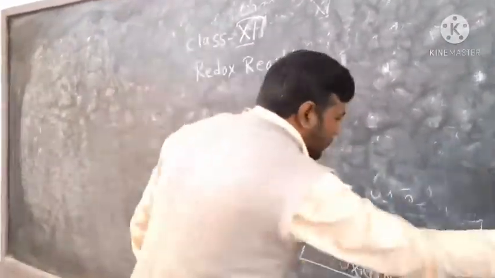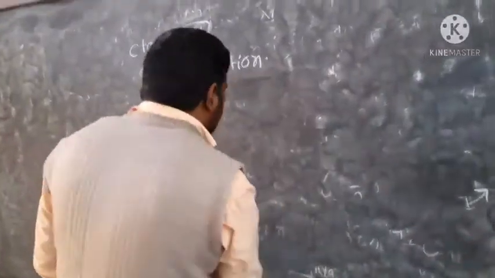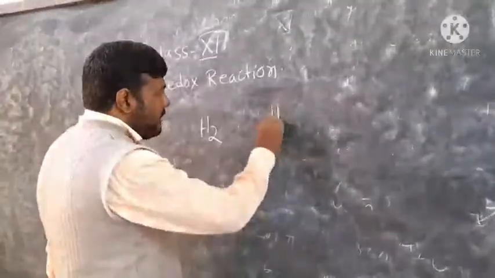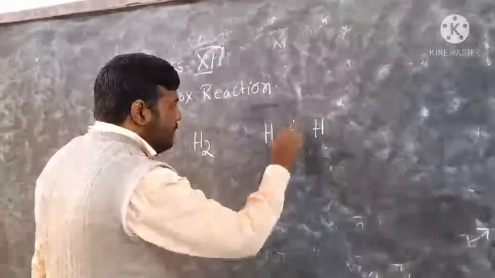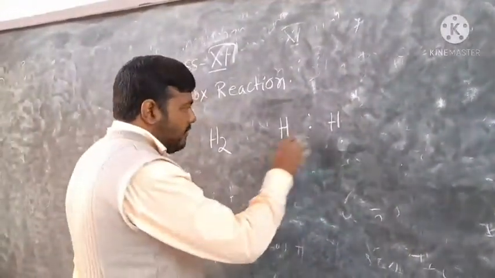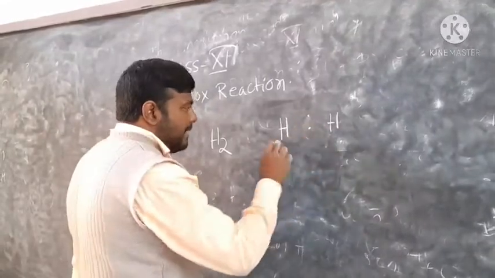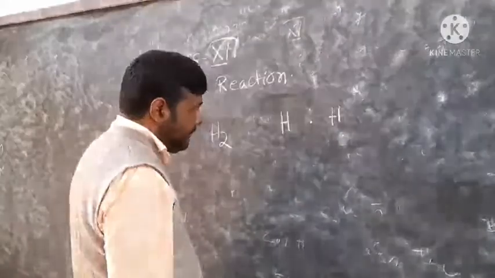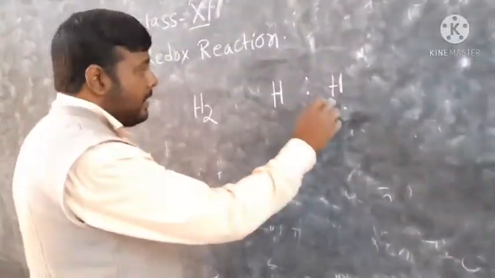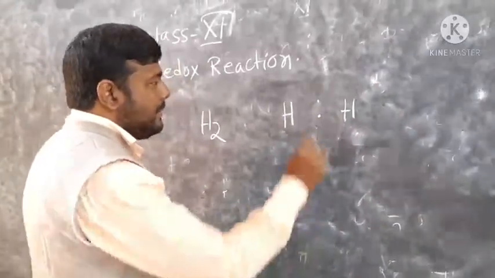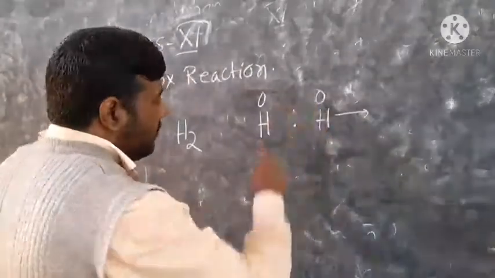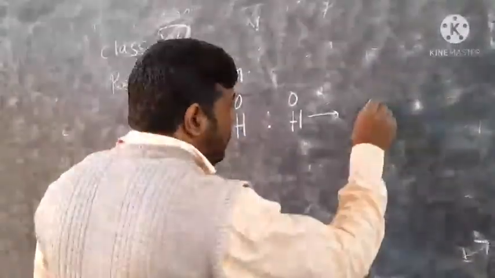Just like, let us consider the hydrogen molecule, H2. Now here you see how hydrogen is formed, by covalent bond. Both the hydrogen atoms, both the electrons are in the same environment, so what will happen? This electron pair will not be shifted to either of the hydrogen atoms. It will remain in the middle. The ultimate charge developed will be 0. That means the oxidation state or the oxidation number of this free hydrogen atom will be 0.